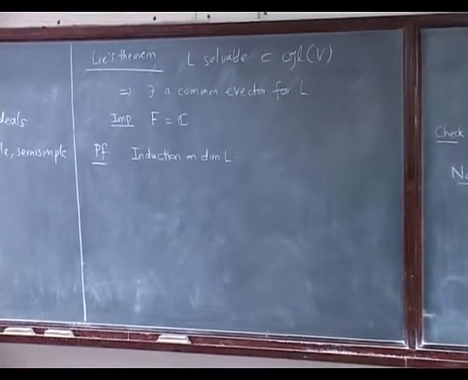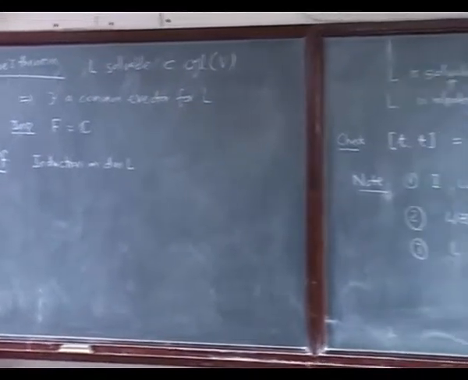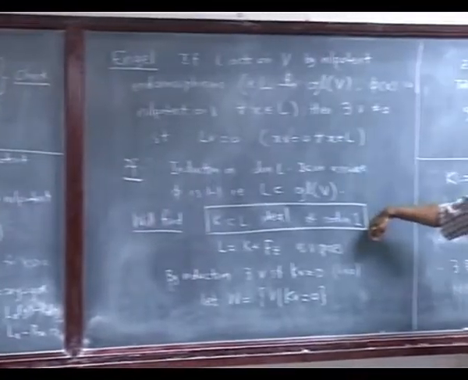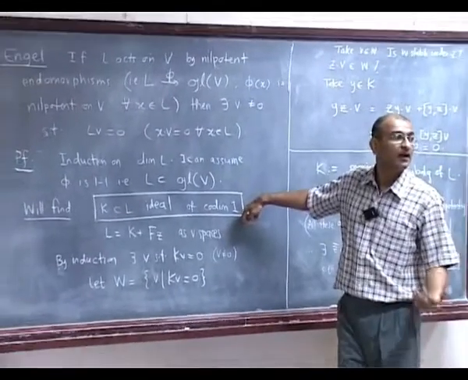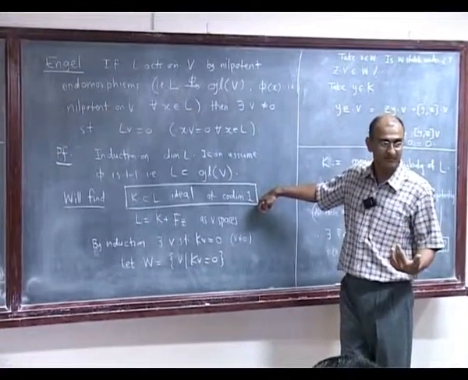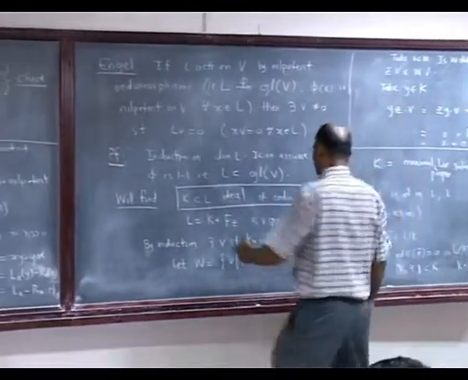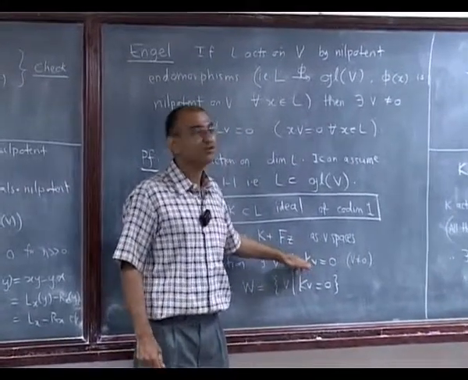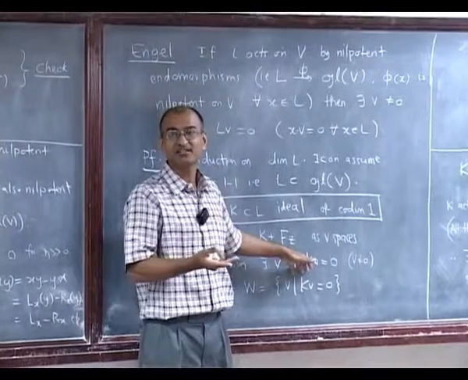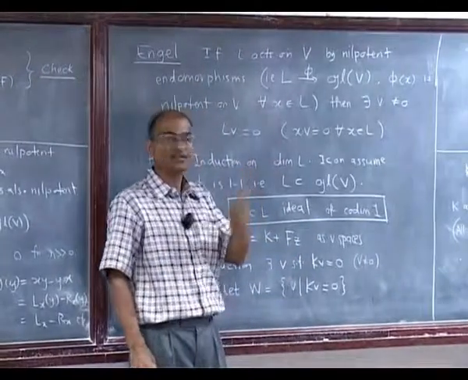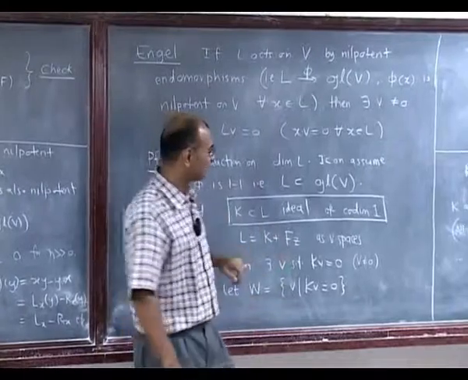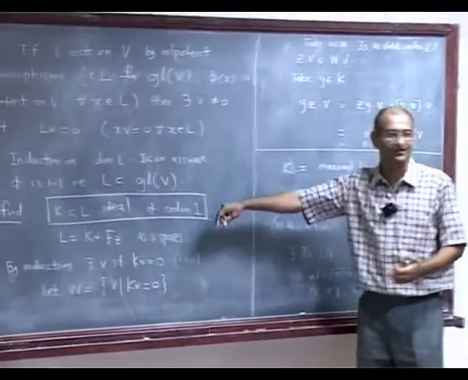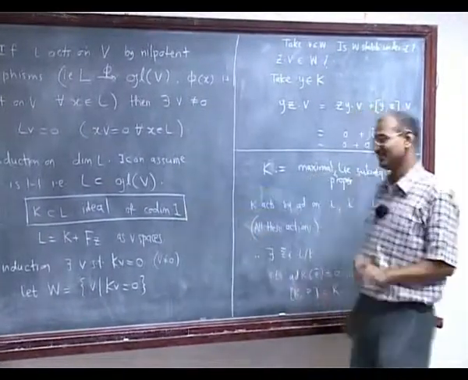So let's try to break this into steps as in the book. This ideal of codimension 1, I will try to locate one. Induction gives me for free a common eigenvector of that. Then I take the space of common eigenvectors and try to show that it is stable, and once I show that it is stable, then I am home free, because for the extra one I just find an eigenvector of that operator. We will do the same thing. Let us see what is easy and what is hard here. Perhaps the hardest thing was to find such a thing, but now it is easy. Why?